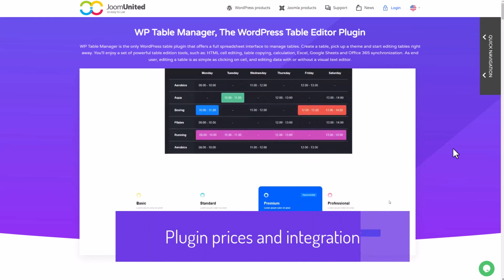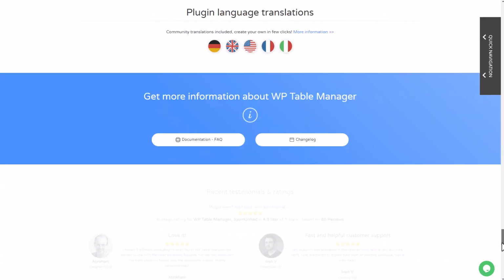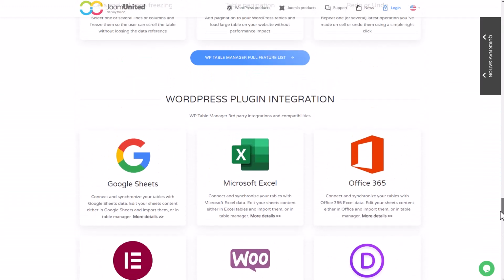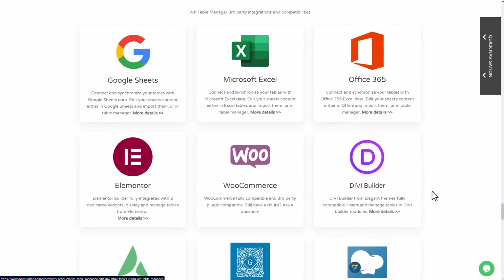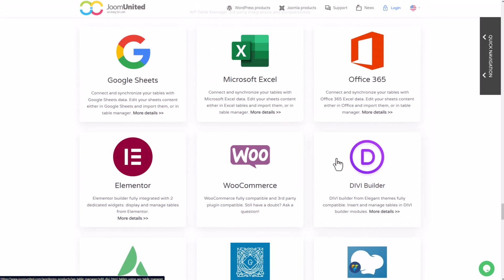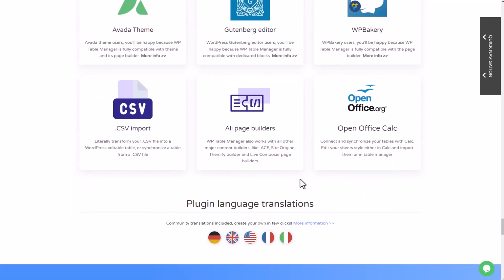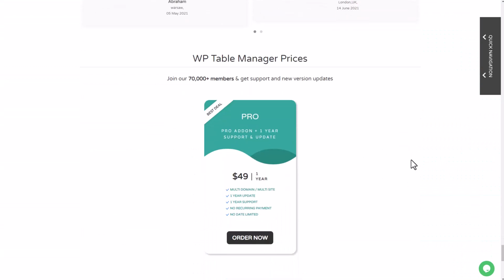Finally, let's check the third-party integrations that the plugin has. There are many WordPress plugins integrated with their respective content blocks, widgets or modules. The most popular you may know are WooCommerce, Elementor or DIVI Builder. Also, and that's more interesting, there are many Sheets formats supported for import and synchronization, like Excel files, CSV files